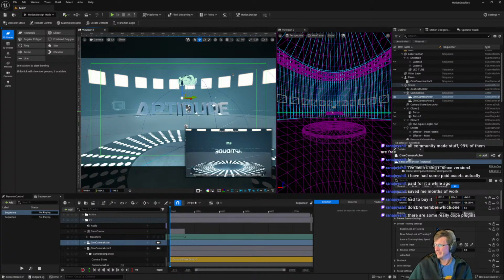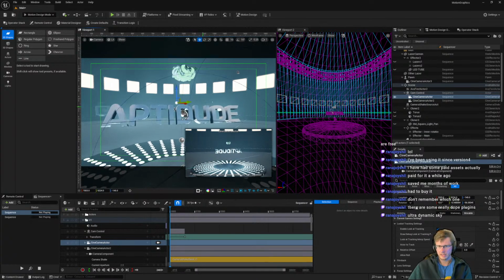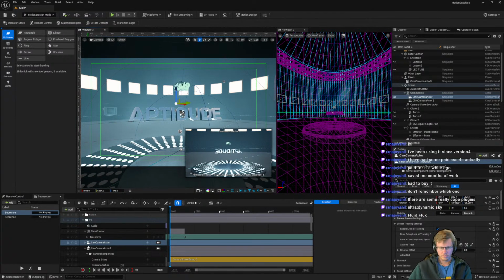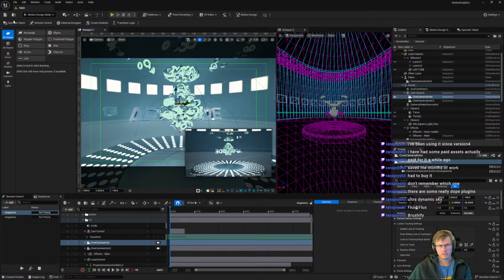But I don't know. I want to learn how to make my own levels and system stuff, and then also sell it myself. So I want to do that. Dynamic Sky. I have a Dynamic Sky plugin. It was free though.